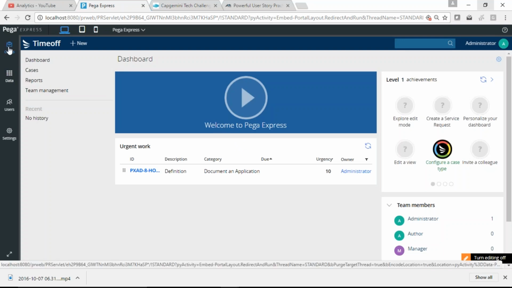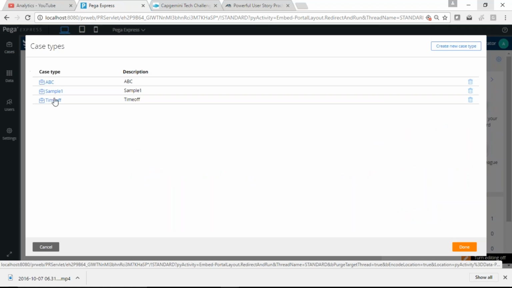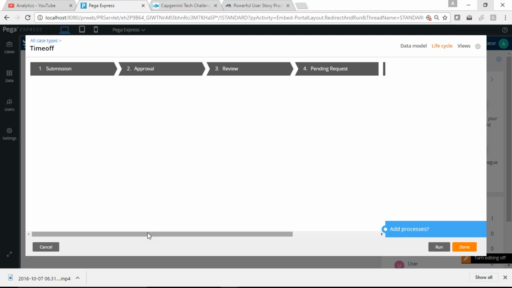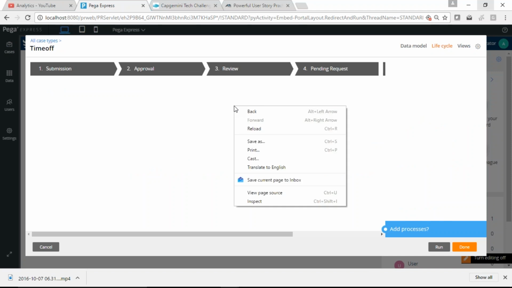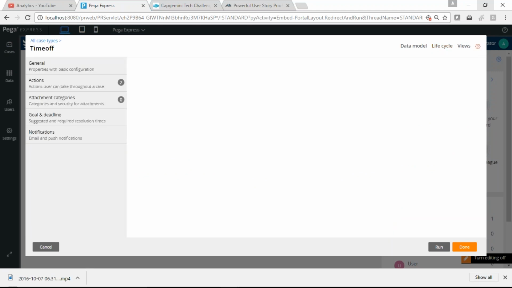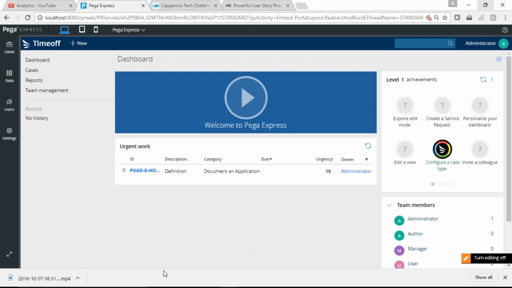Now we have seen that we have added all the stages within it. We are going to see more of Pega Express, and how we can do more features from Pega Express.